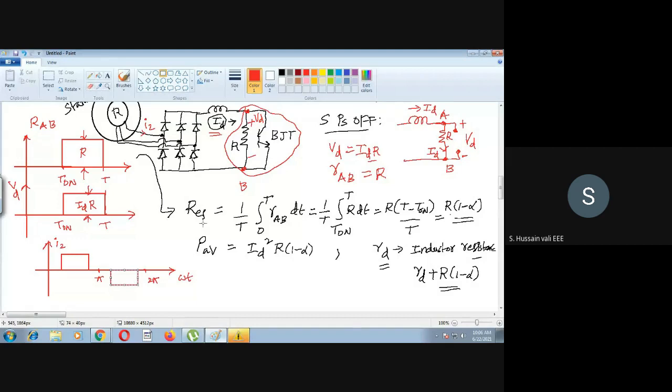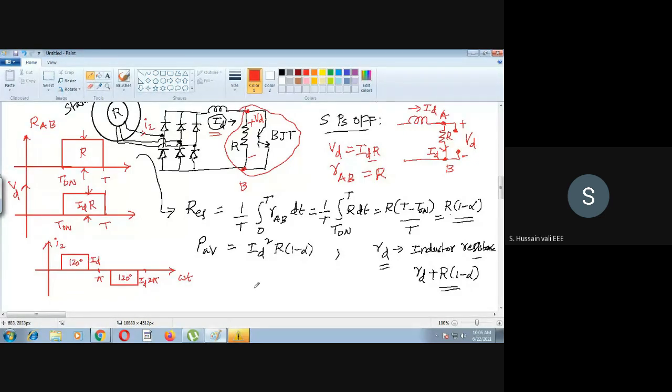Okay. So the pulse you will get here. Now the duration of this pulse is 120 degrees. I hope you can get this even from the operation of your voltage source inverter or current source inverter. From there you can easily get this. So this height is ID, and the duration is 120 degrees.